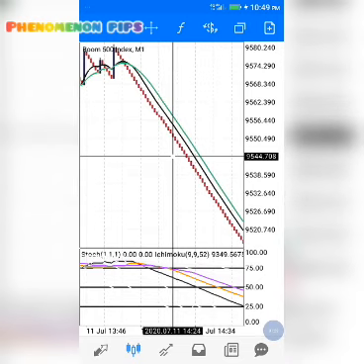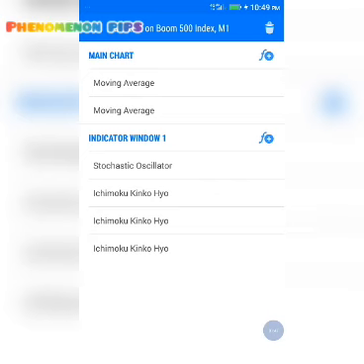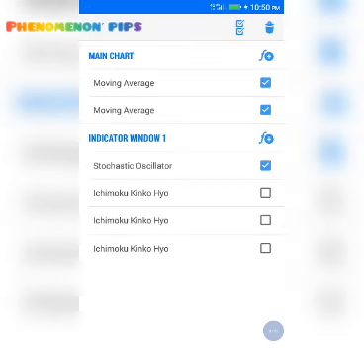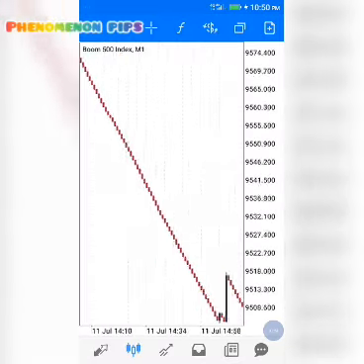But before that, we need to add all these indicators so that you will be able to set them on your PC or your phone. We are going to use just two moving averages for our main chart. Let me delete all this so that we start afresh. Delete. So this is my plain chart.